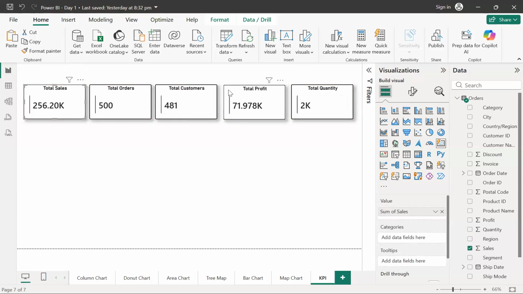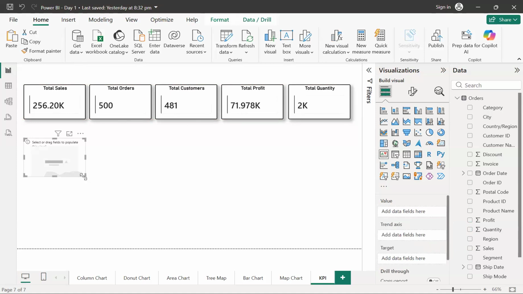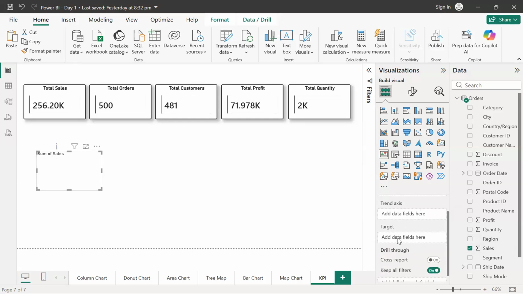Shivam, there is a KPI card also. What is the difference between this and that, because the purpose is almost the same? What visualization will come on the KPI card? No, this is not exactly the same. It is a bit different. You can see it comes with some sort of visualization, and you have to set the target column or the trend axis column.